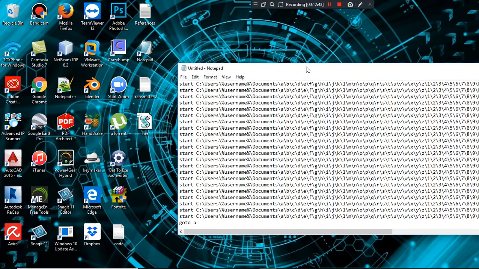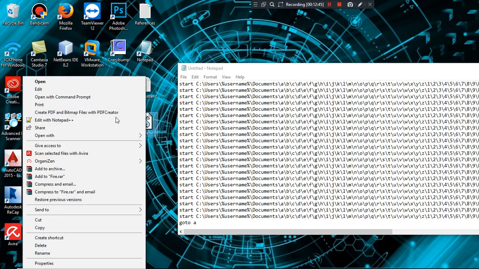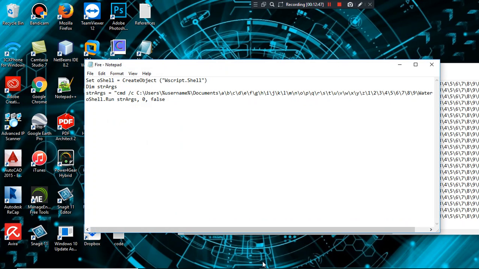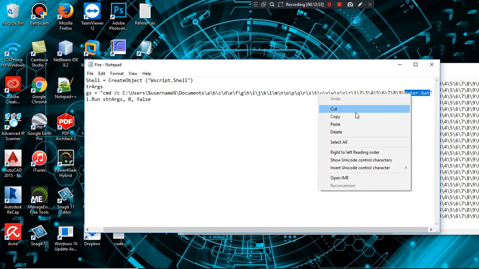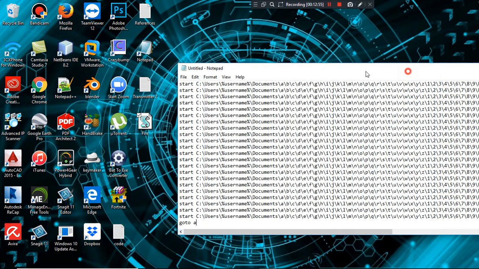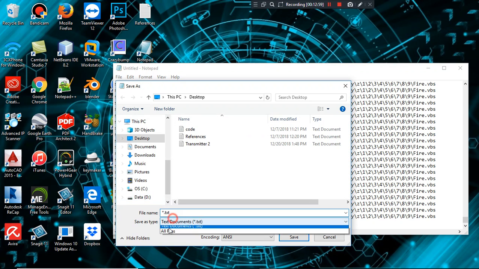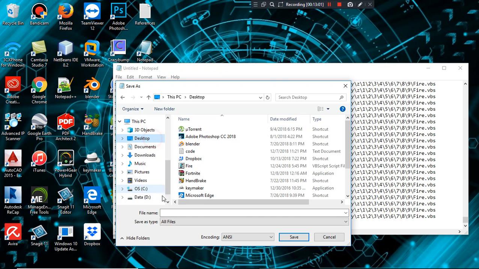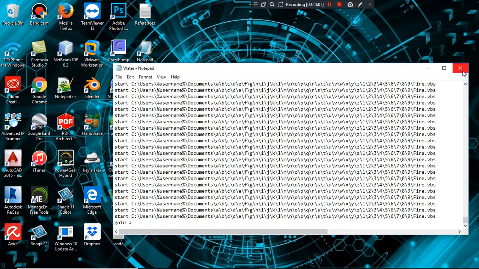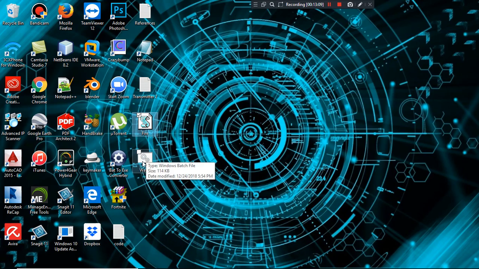Next, you want to go to the previous file that's called fire that we've already made. You want to scroll a little bit to the side like this, and then you want to copy this name that's called water.bat. You want to copy this name, and then you want to save the file as, of course, select all files, select desktop, and then in the file name you want to paste water.bat. Alright, so after you've done, you should see that you're having a file that's called fire.vbs